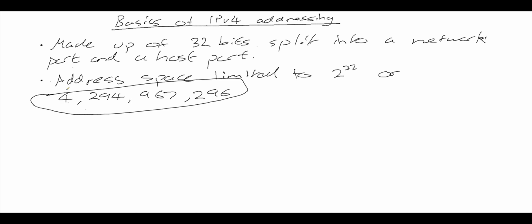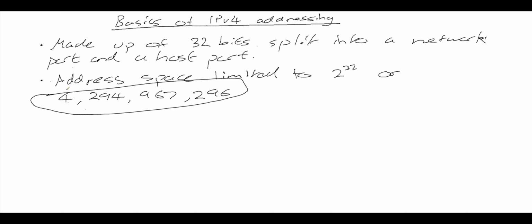There are so many more devices on the internet now than when IPv4 was devised. We're going to come up to some problems with only having this number of addresses in the very near future, which is why there have been various techniques devised to extend the life of IPv4, and also now